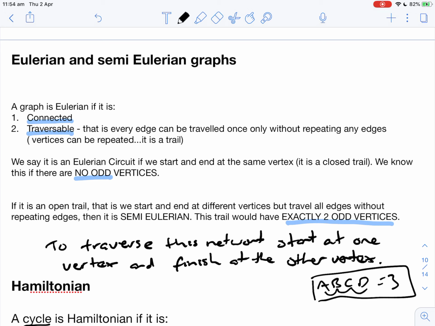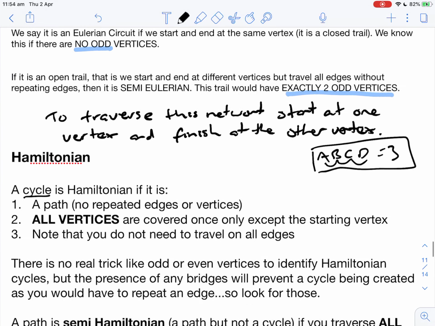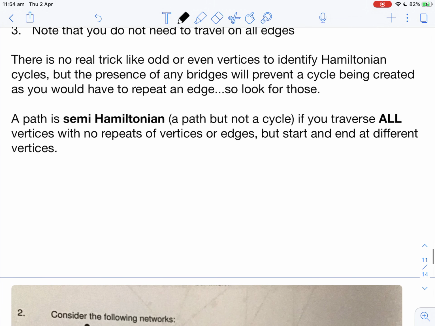Generally, if I'm using a Eulerian approach, I'm planning something like a rubbish service in a town where I need to travel down every single road to collect bins, or it might be a mail service where I have to go to every single house to deliver mail. Therefore I obviously want to do that without wasting my time by doubling up on travelling roads twice. So often they won't tell you that you're looking for a Eulerian or Hamiltonian, but the context of the question